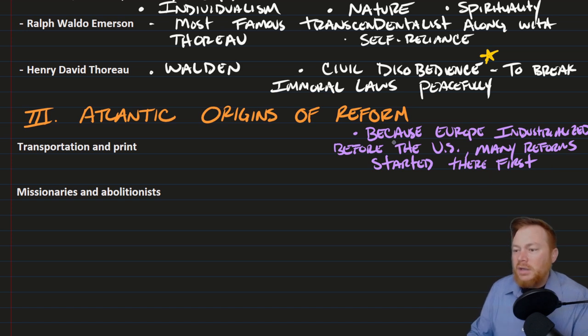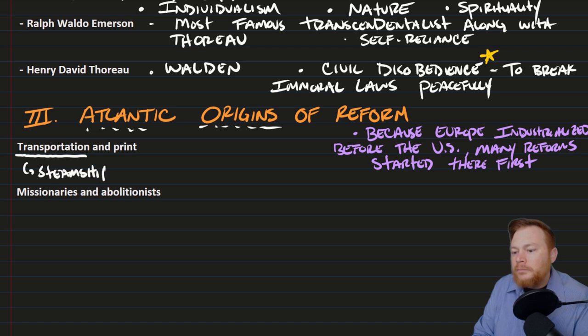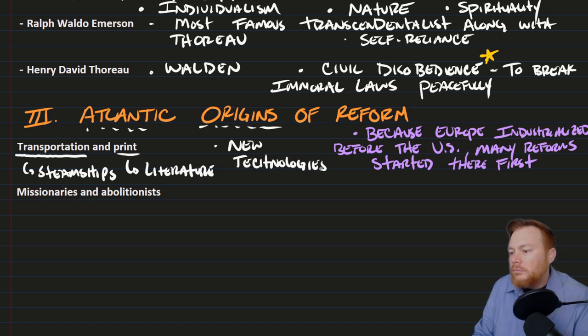And so, as a consequence of that, this section here, Atlantic origins of reforms, just wants to make the point that a lot of the reform movements that end up emerging in the United States had some of their origins in Europe before. And because of new technologies, the connection between Europe and the United States is closer than ever. So transportation, things like steamships and industrial printing, right, literature, say that these are new technologies that connect European reforms